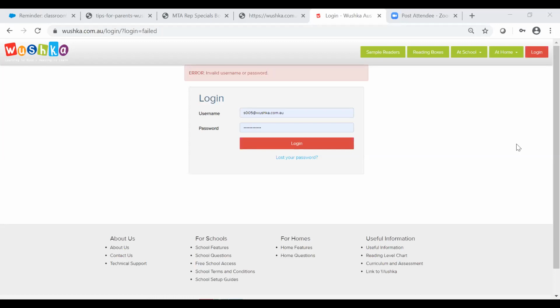So there's two parts really for Wushka, and I saw in the chats already that some will want to use it for independent or take-home reading, and some want to use it for their guided instructional reading. You can use it for both. So it's wonderful that you're using this resource for remote learning, but Wushka has been around for a while,